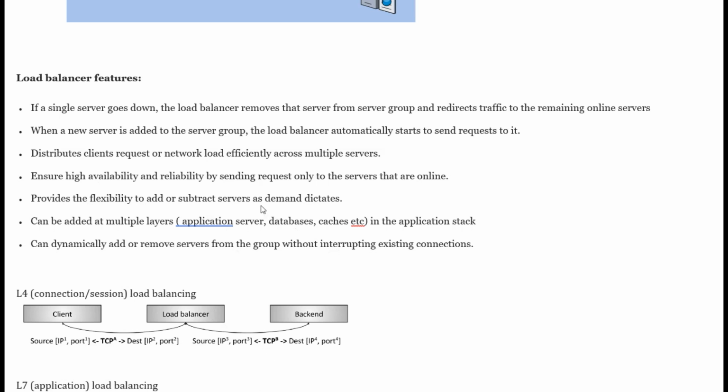So load balancer has some different types of load balancing algorithm, like randomly it can send, or round robin technique it can use to send the request to the respective server. Fourth one is ensure high availability and reliability by sending requests only to the servers that are online, which I have already explained. Provides the flexibility to add and subtract servers